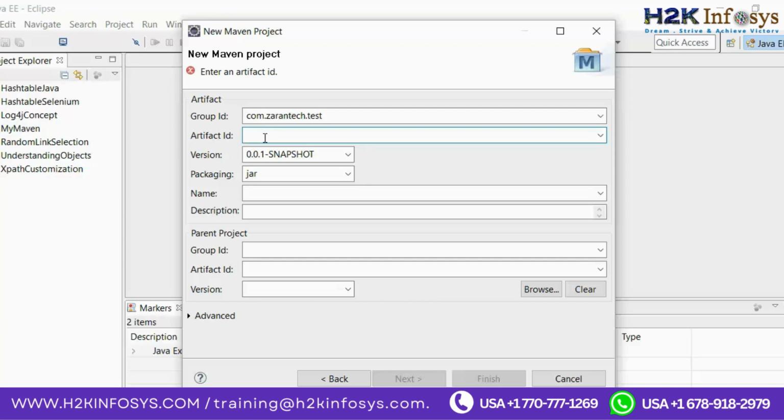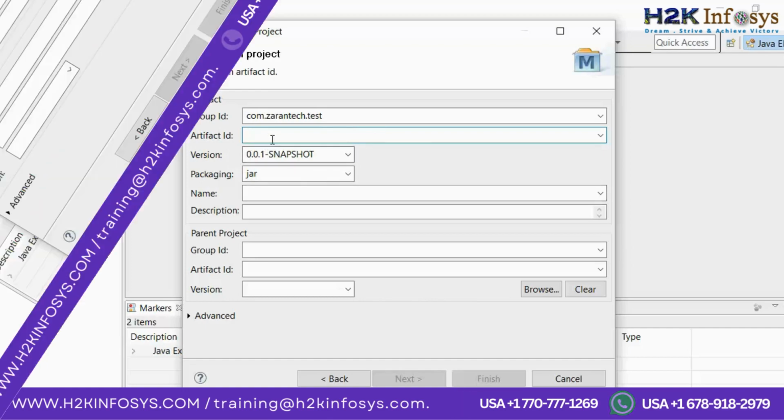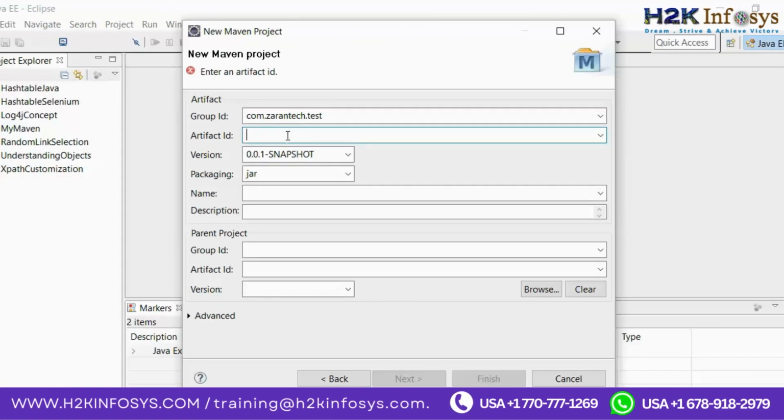Whatever artifact ID that we give is the name by which the jar file or the war file gets created. Since Maven is a build and compilation tool, it is able to create source codes, compile your codes, and create your packages. So packages means jar and war packages. Whatever artifact ID that we give is the name with which the Maven project will be created, as well as with the same artifact ID, the jar file or the war file will get created after the packaging is done by Maven.